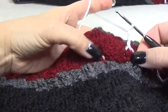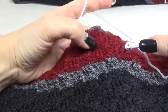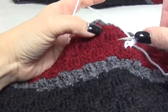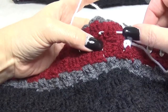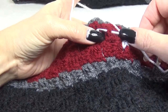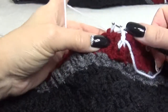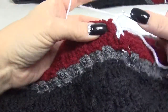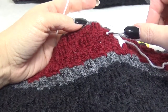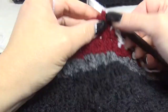So it's okay. And we go on the left side, 1 square left and 1 square up. And this is the square. These are the 3 double, and we work in the middle double of these 3 double, slip stitch around this middle double, and chain 3, and repeat. 1 left and 1 up, and around the middle double slip stitch,